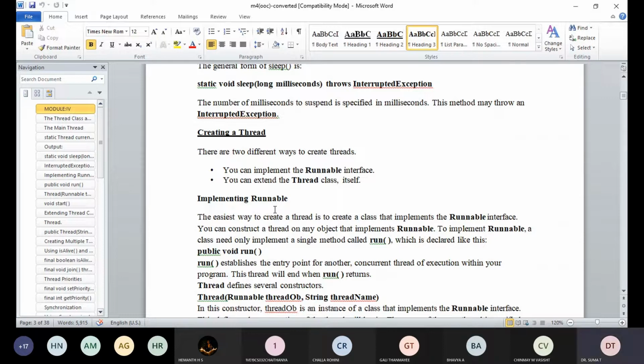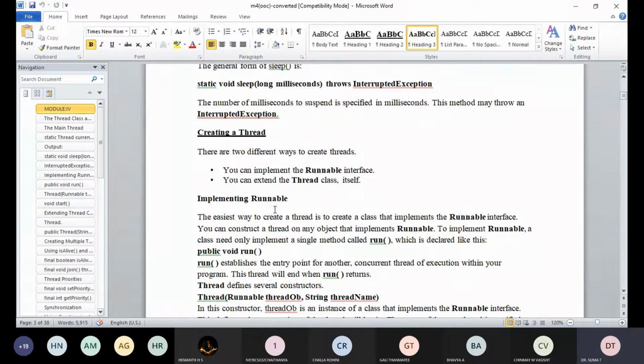The easiest way to create a thread is to create a class that implements the Runnable interface. Runnable abstracts a unit of executable code. You can construct a thread on any object that implements Runnable.